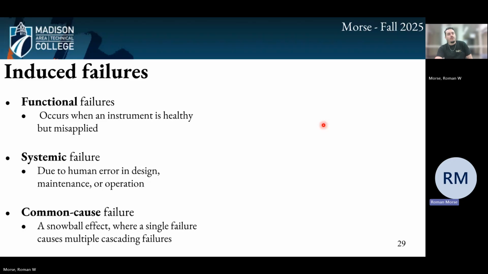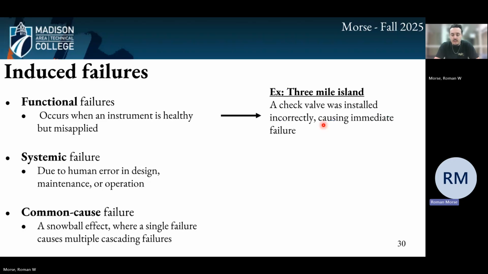All right, generalized statements about failure. Here I have induced failures. We're talking about basically three different kinds of failures. Functional failures occur when an instrument is healthy but misapplied or installed incorrectly. Like I said, my expertise lies in mechanical engineering with nuclear engineering applications, so I use a lot of nuclear power stuff for examples. I want to preface by saying nuclear power is extremely safe, and the accidents we've had in nuclear power,